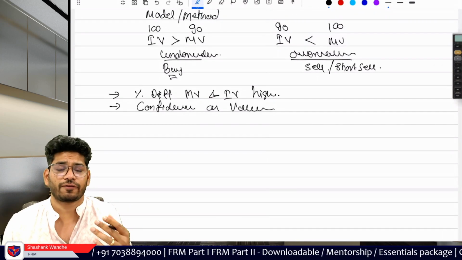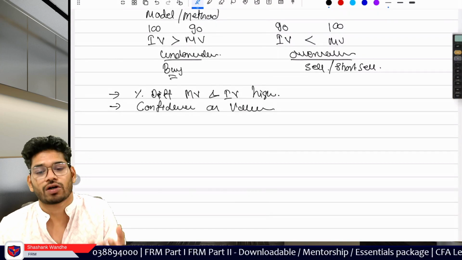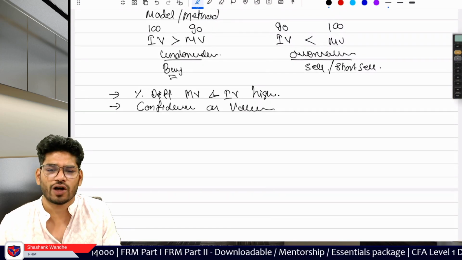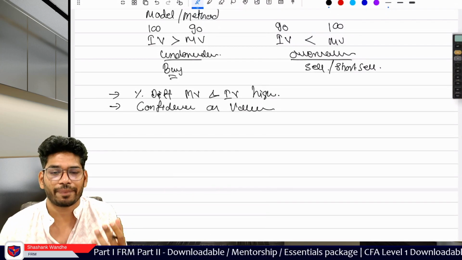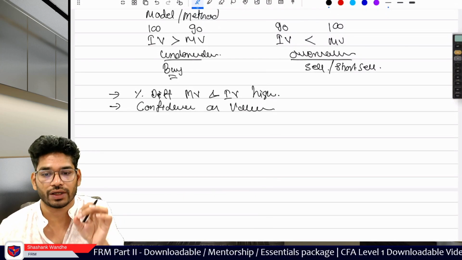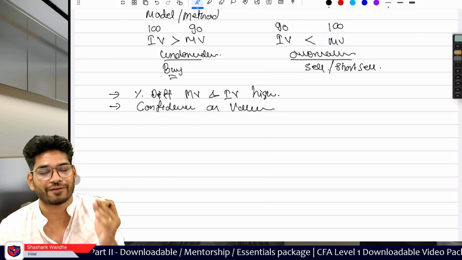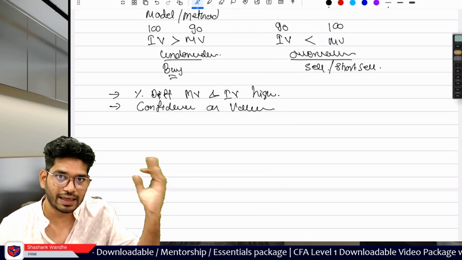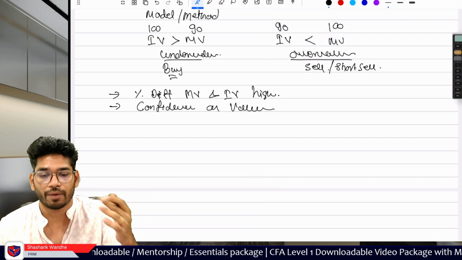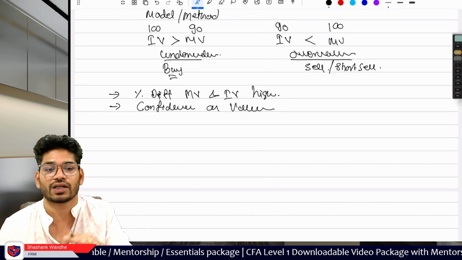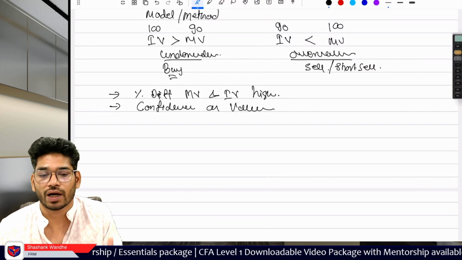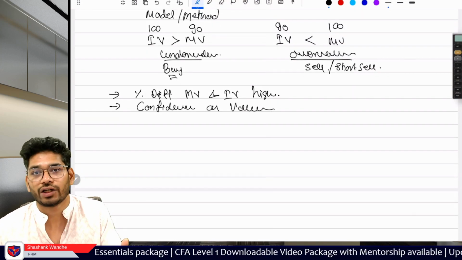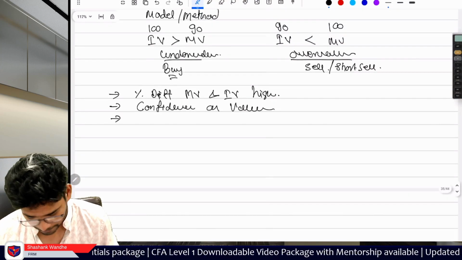If you as an investor are more confident about the valuation, then automatically you will take the position. If you are less confident about the valuation and the percentage difference is also very small, then you won't take the position based on this calculation. Here we are comparing only the intrinsic value and the market value. Maybe there are other reasons why you may purchase this stock, but based simply on the comparison of intrinsic valuation and market valuation, the more confident you are about your valuation, the more likely you are to take the position.